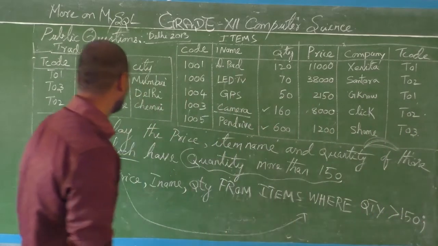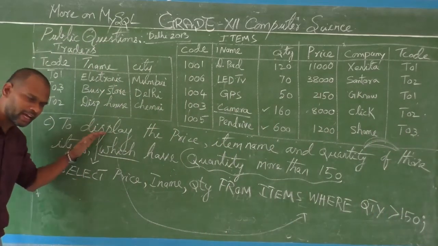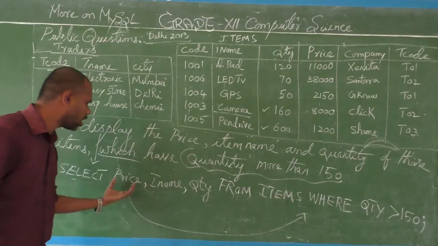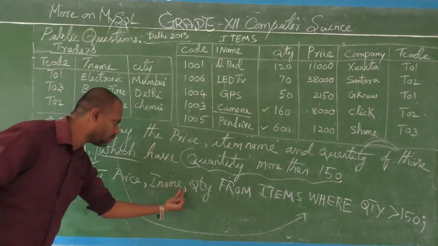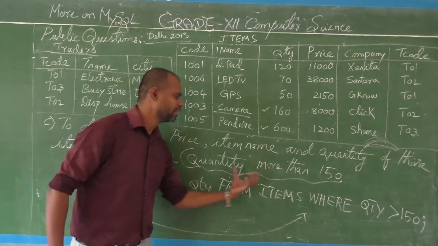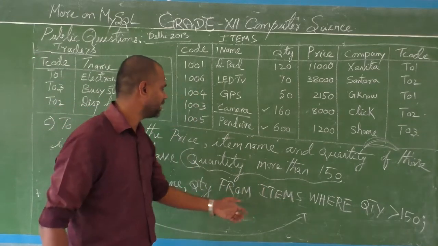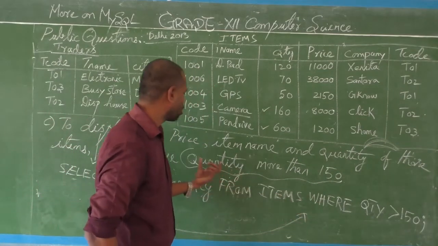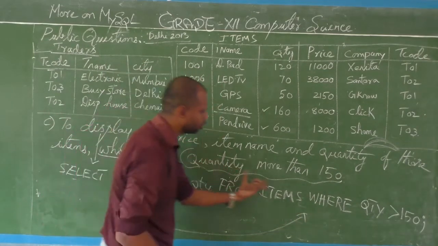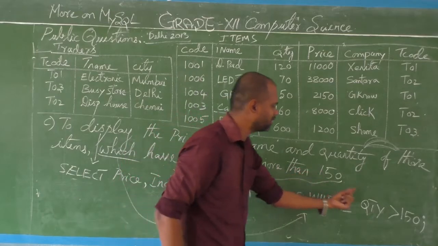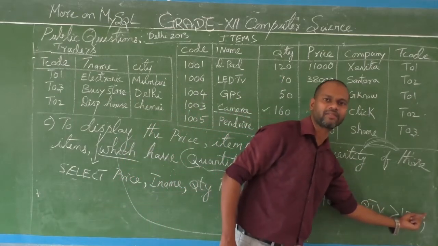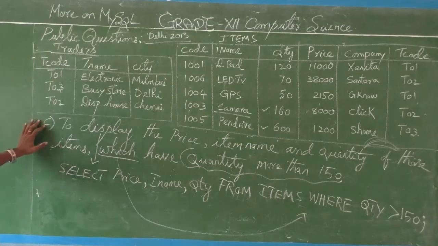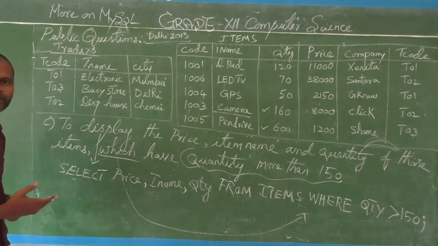Fine. So whenever you see display, you write SELECT. Then these are all column names, so write all the column names separated by comma. Then after FROM, the table name. Then whenever you see a condition, you simply write WHERE. Then quantity, write the exact spelling. QTY is more than 150, means QTY greater than 150, and at last semicolon. That's all. So this is the SQL coding for the C question. Got it? Shall we go for the next question? Okay, right.